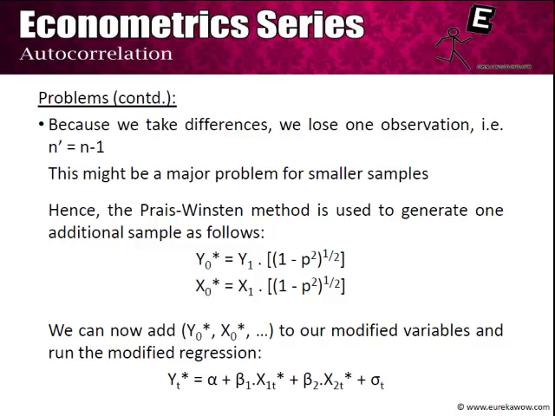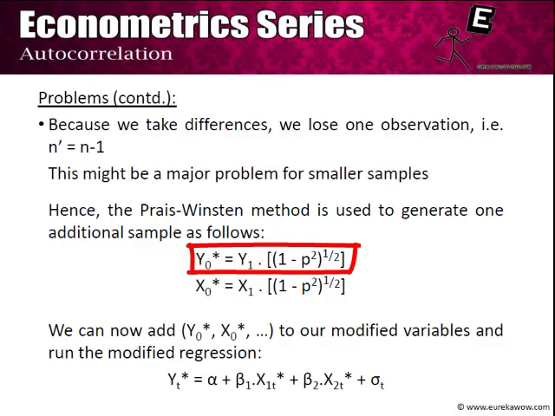The second problem that we encounter is that because we take differences, we lose one observation. Hence, the sample size reduces by 1. This might be a major problem for smaller samples. Hence, there is a method for actually getting back one of the samples, and this is known as the Prais-Winsten method. How we generate the first sample in this case is to take y naught star, which is equal to